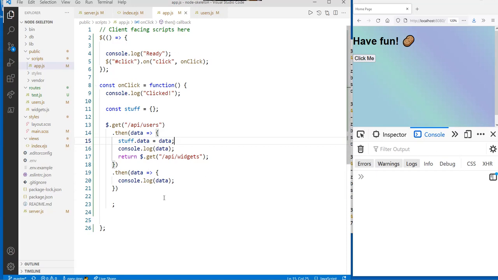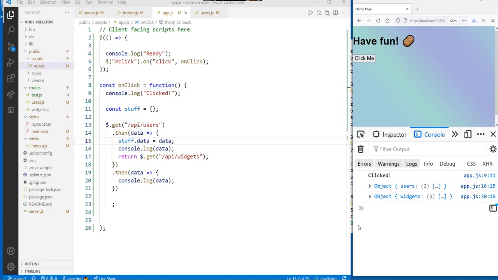Okay, so let's take a look. Now we're getting 2 things. I'm excited. Let's give it a try. I should now log 2 things inside my file. And I did. Users and widgets. So I can do multiple fetches. But